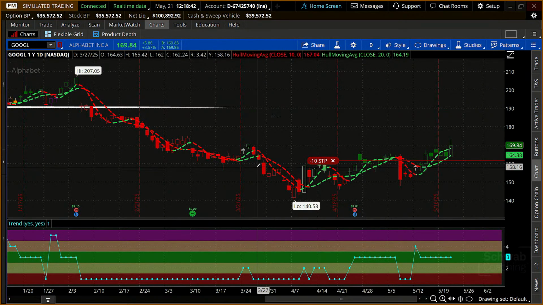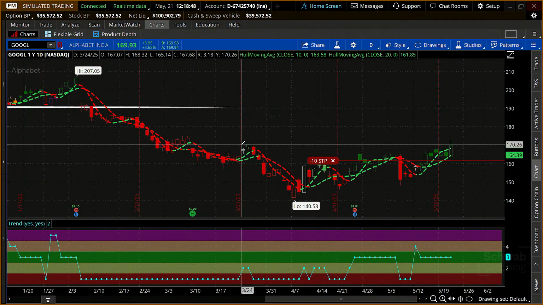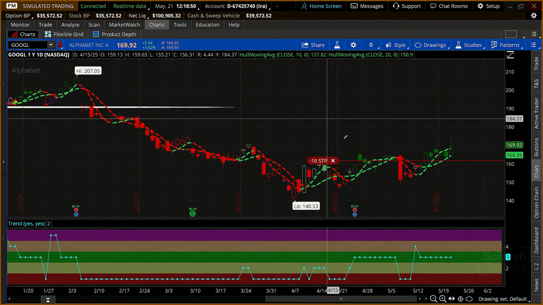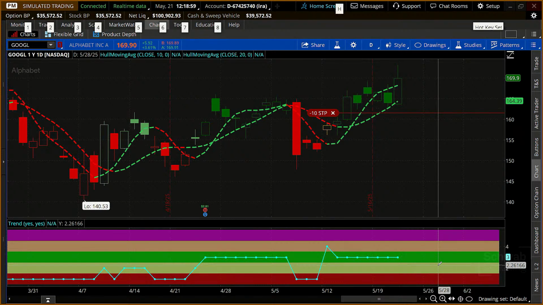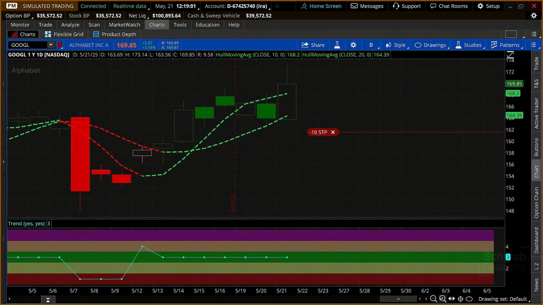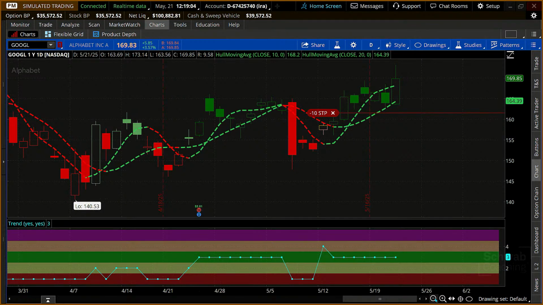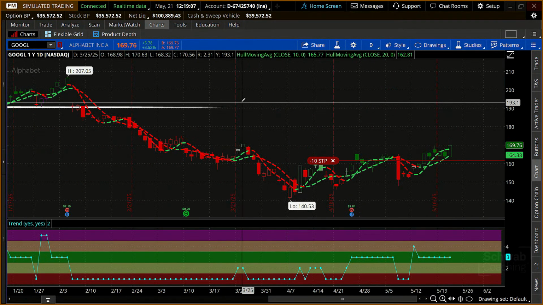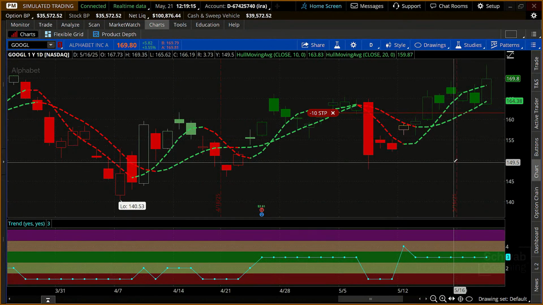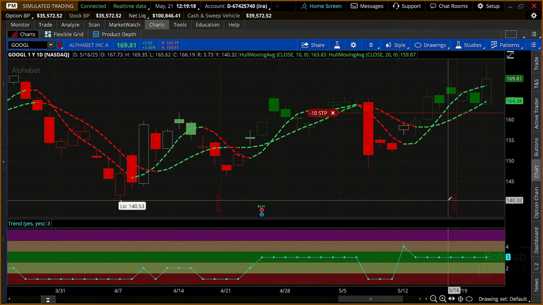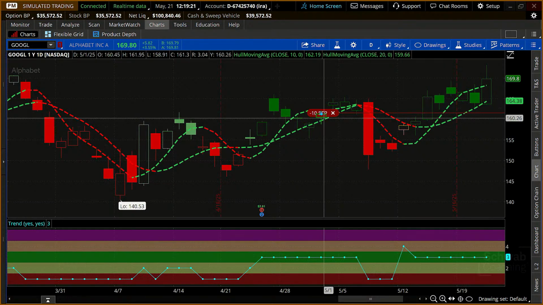Now, one of the questions we always get is, so how do you zoom in? This is like a PDF document, okay? The simplest way to do it, or I should say the more standard, down at the bottom right, follow my mouse, okay? Down at the bottom right, there's a plus magnifying glass. Plus magnifying glass, it just zooms in. Plus magnifying glass, zooms out. Now, if you already know that, and you say, James, could I just left click and drag on the chart and zoom in on that portion? That's the way we normally do it. But if you want to go old school, zoom in and zoom out at the bottom right, go for it. Now, we can also now see where that stop is right there.